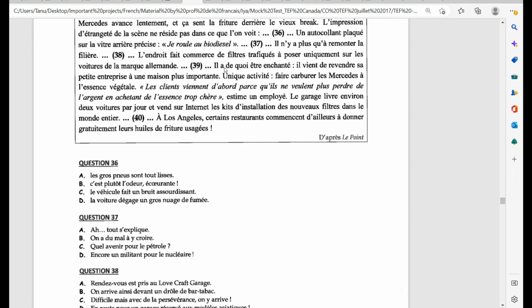Alright, so il a du coin être échanté means we are talking about somebody here. In this particular statement, we have to have the noun which is being replaced with the pronoun il, and we are saying that he has a reason to be happy. So maybe here we'll talk about why this particular person is happy. Let's look at the